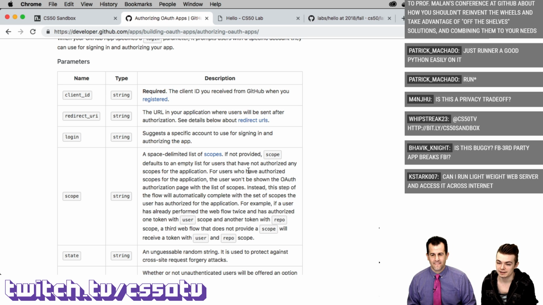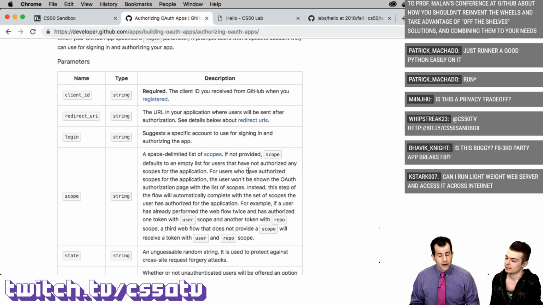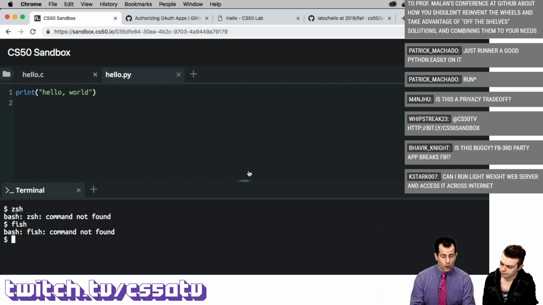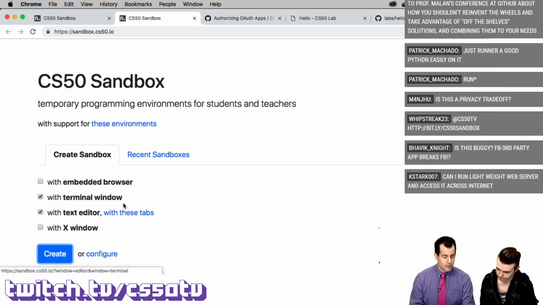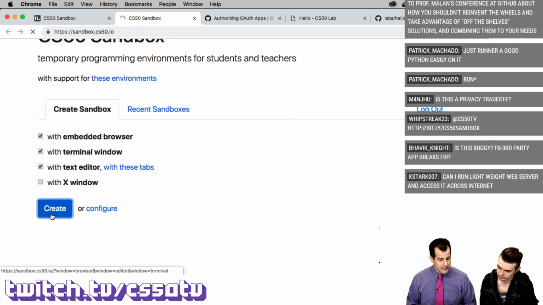And then K Stark asks, can I run a lightweight web server and access it across the internet? You can, not for very long, because these are temporary programming environments, so the intent is not to run a web server or a web application other than for development or student purposes. But absolutely, yes, you can go ahead and access, via CS50 Sandbox's main menu, an embedded browser, and you can create a sandbox containing this. And if we give it a moment to actually create the new sandbox,